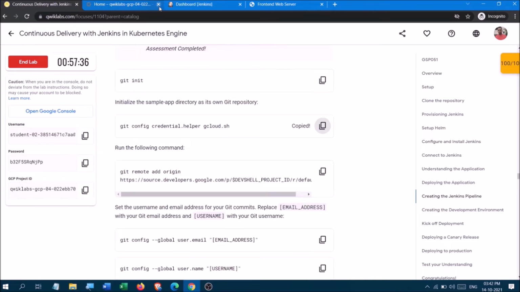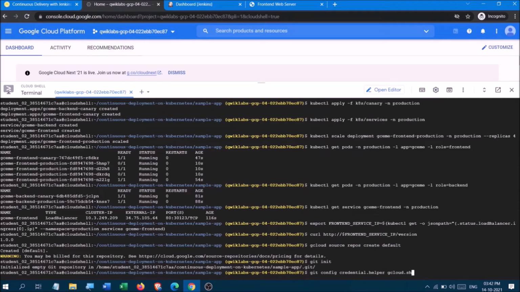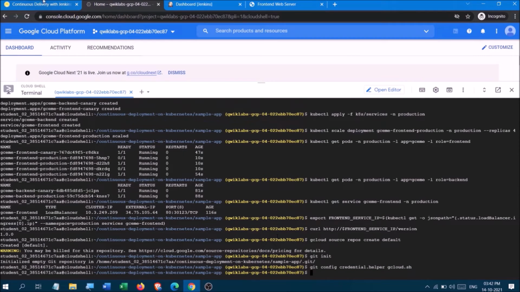Copy this. We have configured this file.